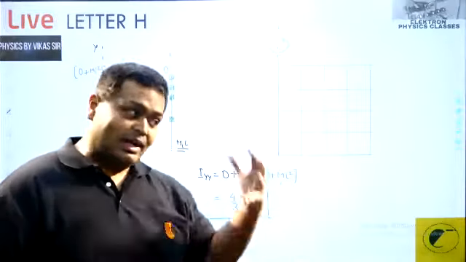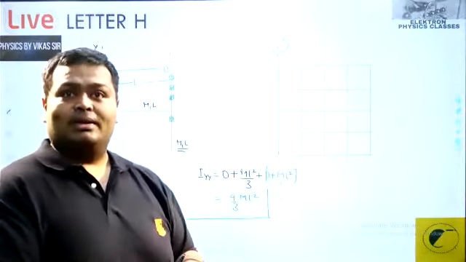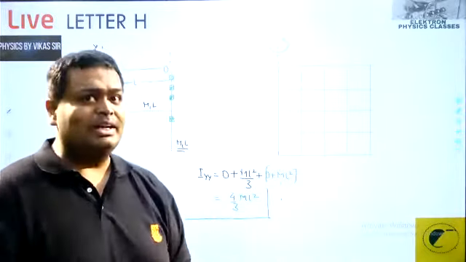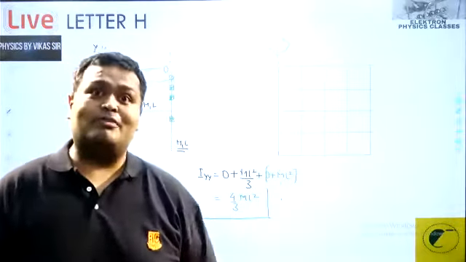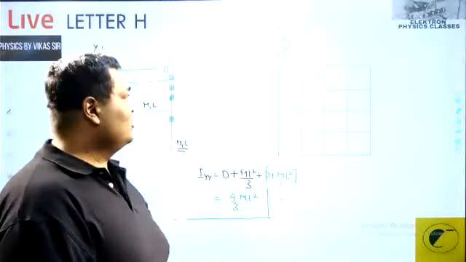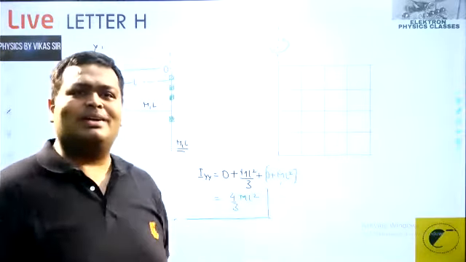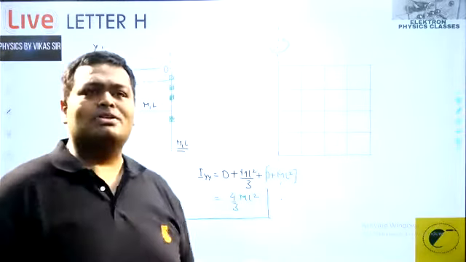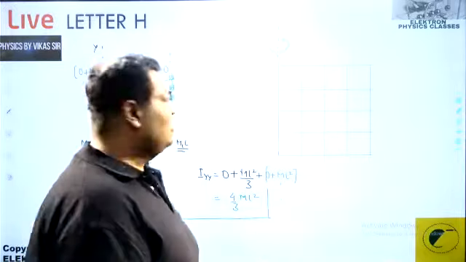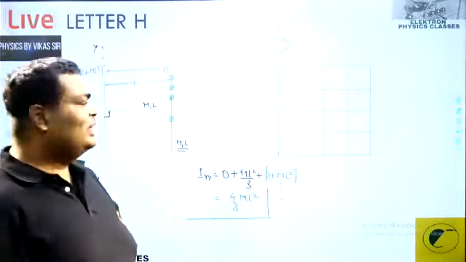And if you fit glass in this, there is an additional moment of inertia for a square plate. So imagine there is no glass fitted, but in the future you can get a question where glass is fitted over there. Then you would have to calculate first for the rods and then for that particular square plate. That will be easy for the square plate; you have not done it for the rectangular plate. Square plate is anyway easier. So right now there is no glass fitted in this window, you don't have the money for that. We are just doing this with the help of these rods, so we can do it very quickly.